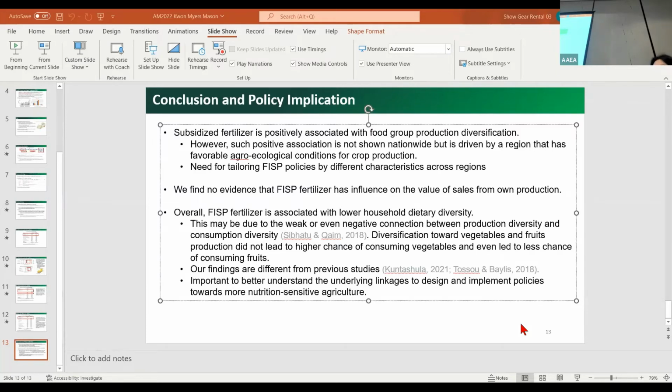But we did include some interaction terms between FISP participation and our year fixed effects, where year is 1 if it's 2019 and 0 if 2015. We found that the interaction term is not statistically significant. We have it in our paper, but I haven't presented it here. We thought that in the early years of FISP, the farmers are redeeming mostly maize-centric inputs. So even though it moved on to electronic voucher, they are still redeeming the traditional FISP maize fertilizer and seeds, so we don't see any specific differences between the effect of traditional FISP and electronic voucher FISP. Thank you.